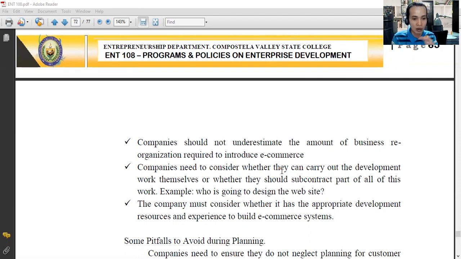Say for example, if you are an entrepreneur and you're trying to enter the e-commerce platform, you have to decide who will maintain and operate your e-platform, because you as an owner also have other things to consider in terms of your business, say for example, your finance and your accounting operations. So it's not just about you delivering and building your online e-commerce platform yourself, because you have other things to do. Therefore, you should consider